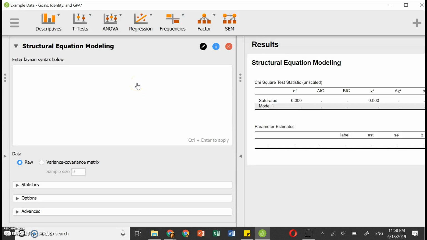So in our model, we will first specify the 3 latent factors. Mastery goal, and just because I do not want to spend time writing mastery goal, I'll just use short labels. So mastery goal includes 3 indicators. They are G1, G2, and G3. So a word of caution is make sure that these indicators are displayed exactly the same